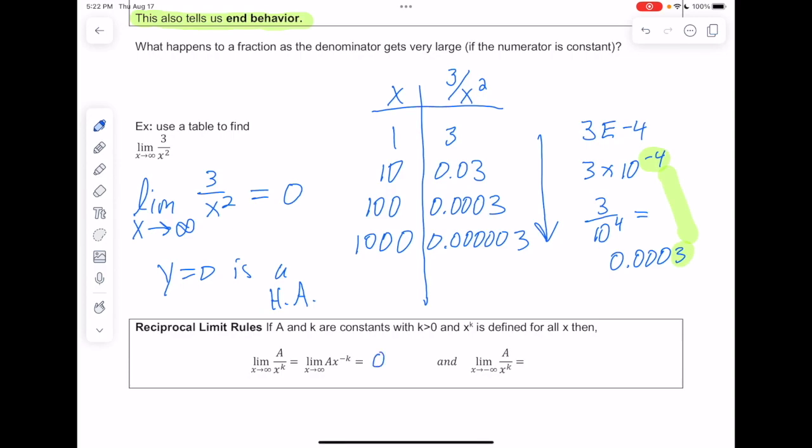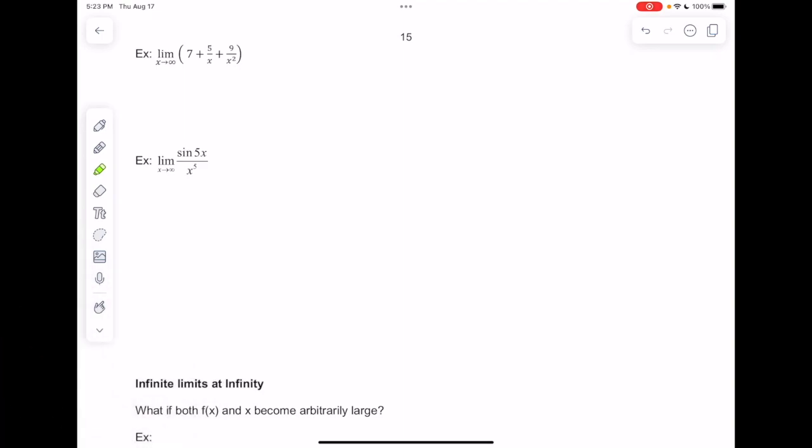So either way, whether you're going to positive infinity or negative infinity, you still end up getting a limit of 0 if the top is a constant and the bottom has a value of x that is growing bigger and bigger and bigger. All right, let's go ahead and continue on and practice with some more examples where we're looking at the limit as x goes to either infinity or negative infinity and trying to apply what we just learned